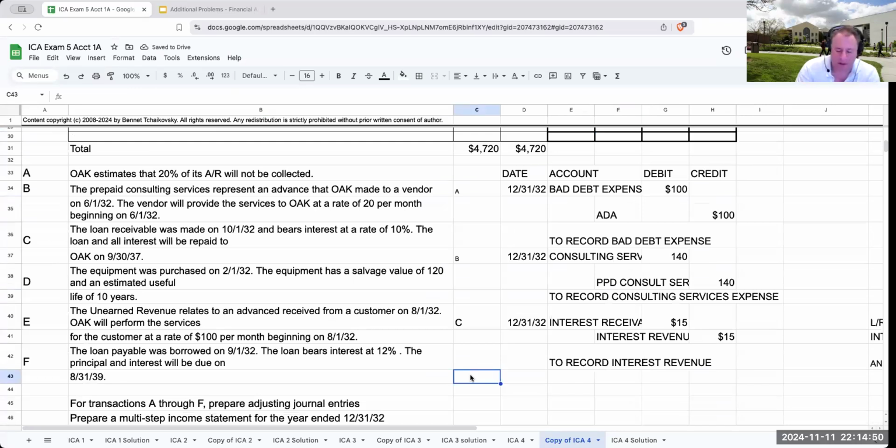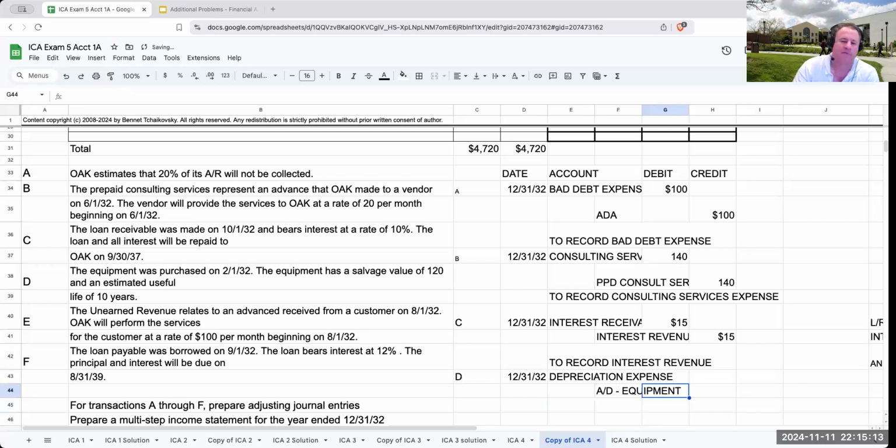Letter D. I purchased equipment on 2/1/32. The equipment had a salvage value of 120 and an estimated useful life of 10 years. When I'm adjusting equipment, the journal entry is always going to be the same. It's going to be a debit to depreciation expense. I'm crediting accumulated depreciation on equipment. I have a lot of videos on these different topics to record depreciation